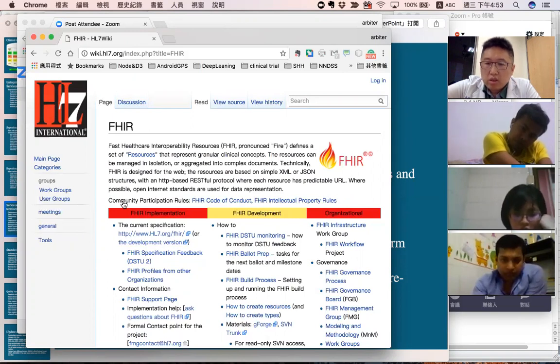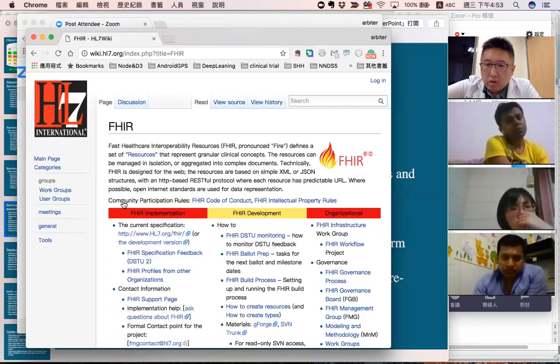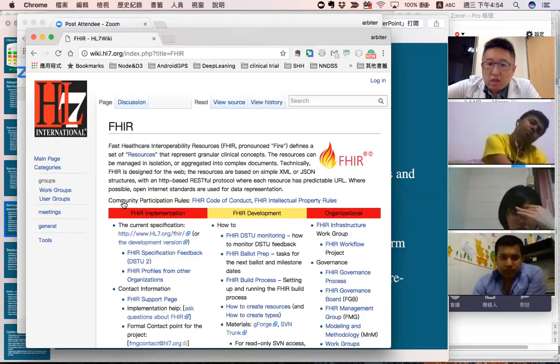The first one is that right now we have the internet. And the second thing is we believe HTTP, or sometimes we call it web-based, is the best environment that can be distributed to different institutions. So the FHIR standardization is based on the internet and the web browser to implement the healthcare system.